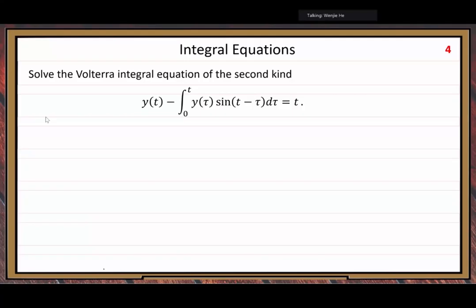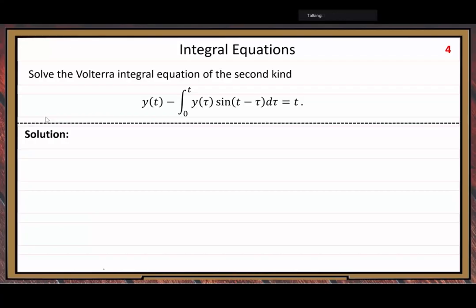So think about if you do not use the properties of the convolution operation. Very hard to solve, right? How do you separate the y function and the sine function inside the integral? How to separate? But now, if we apply the convolution property, we can separate. We just apply